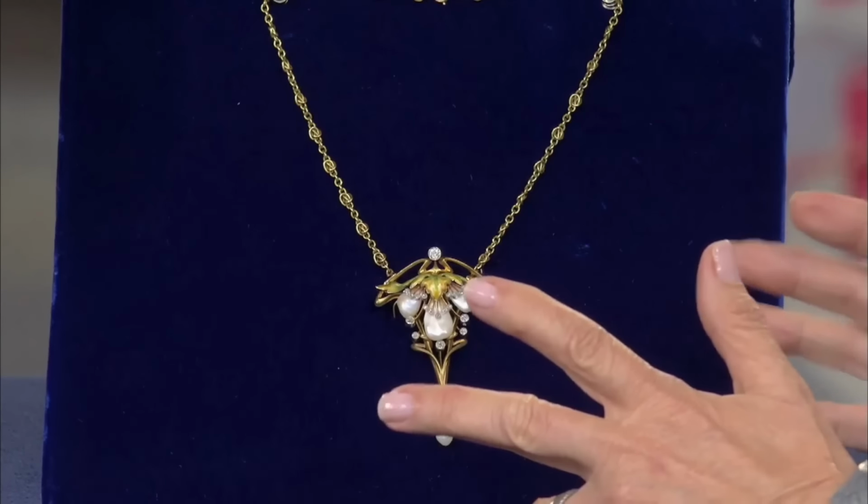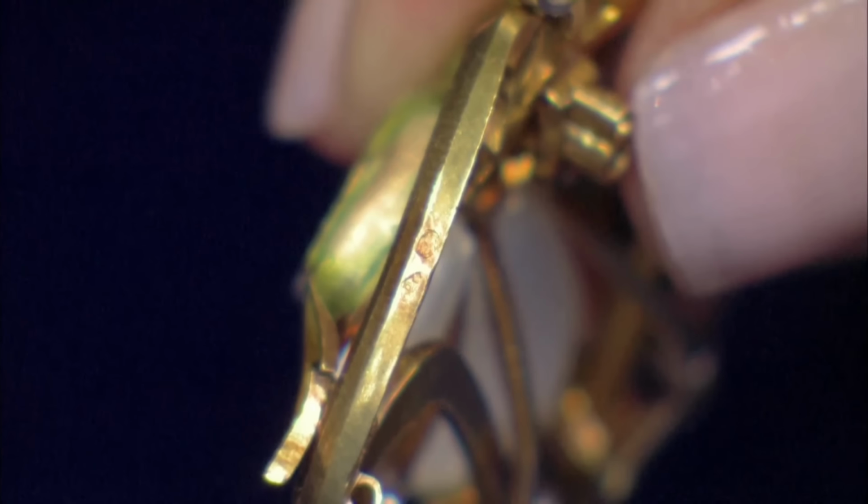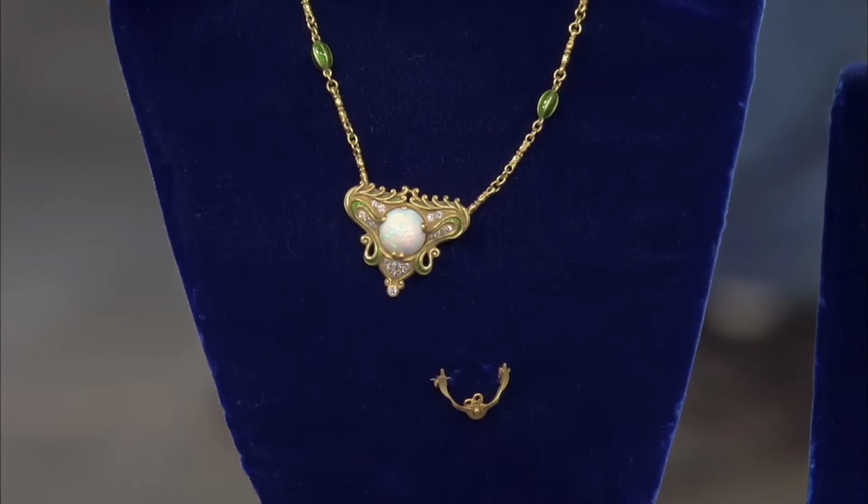This second piece is made in France and is heavier than the first. It is made of gold, natural pearls, diamonds, and also has a chain. On it is the French hallmark and the maker's mark, but it is hard to see unless it is dismantled. But it has a poinçon, which is a mark that has the maker's mark on it and is a G